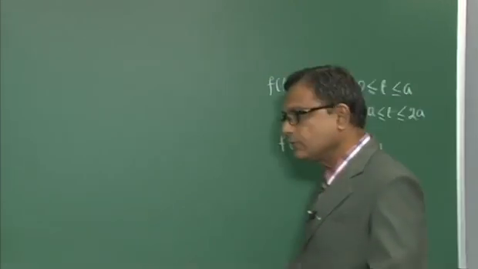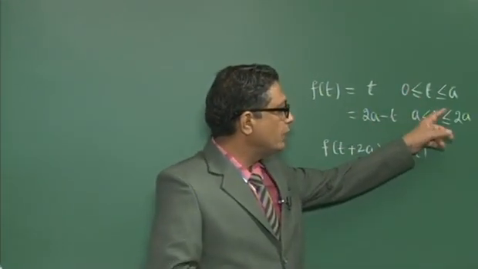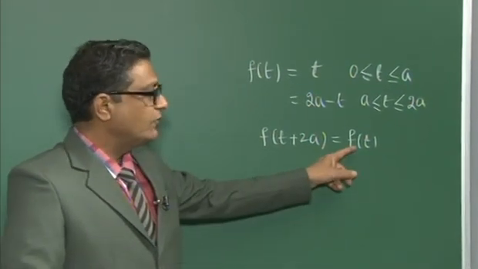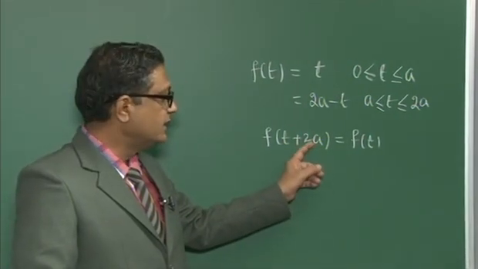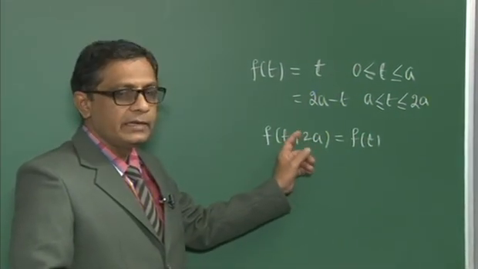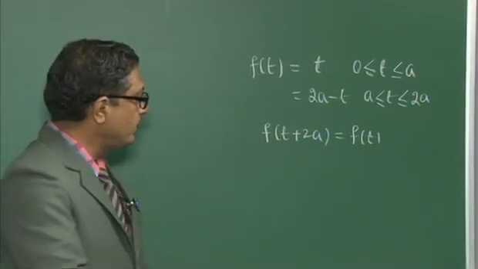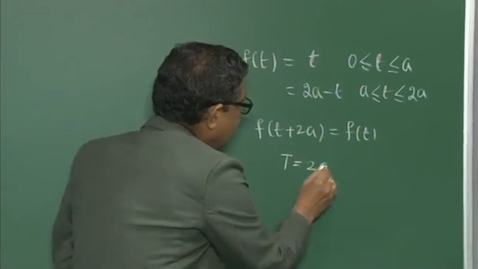Now this is your given function which is defined in the interval 0 to a and a to 2a, and here f of t equal to f of t plus capital T. Here capital T is 2a, that means function is a periodic function with a period capital T equal to 2a,